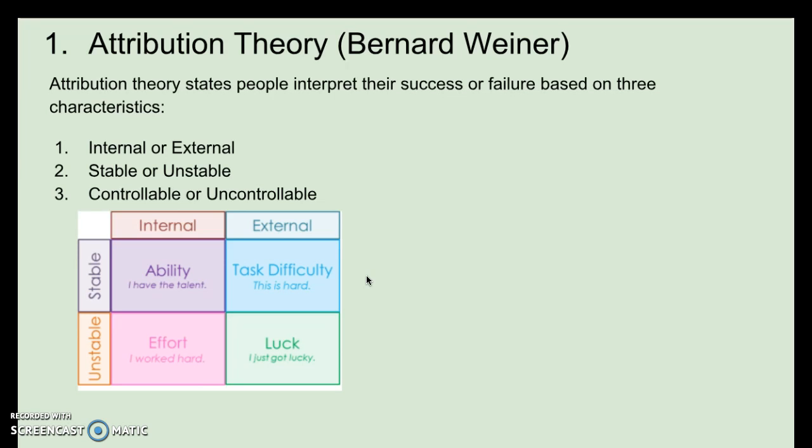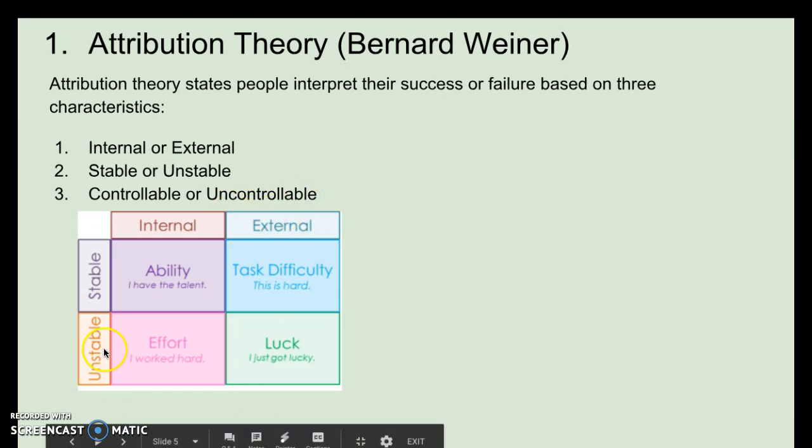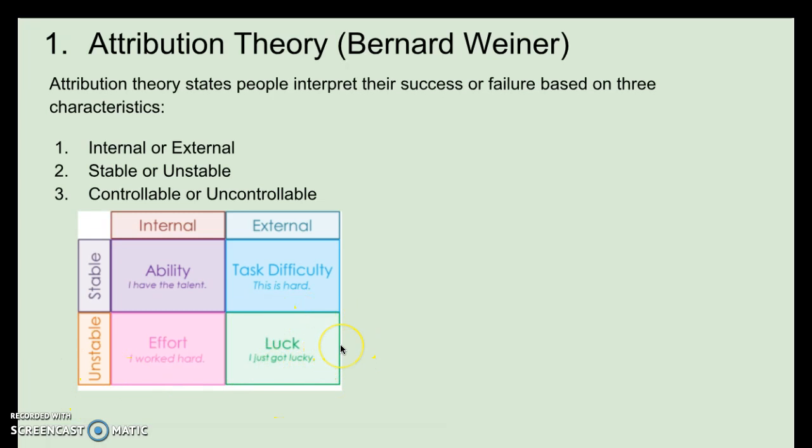This is not going to change when we're looking here. The last kind of box or category is external unstable, and this is attributed to luck, right? So an external force